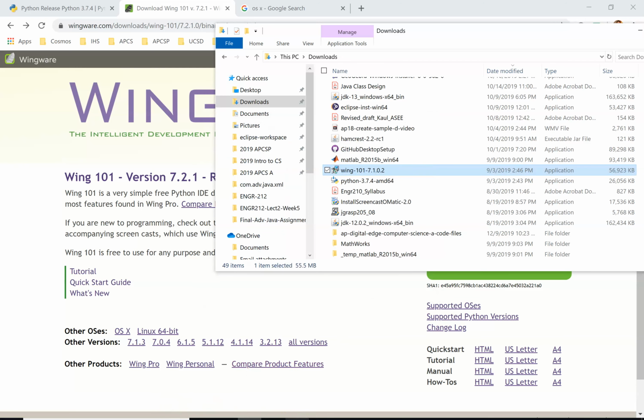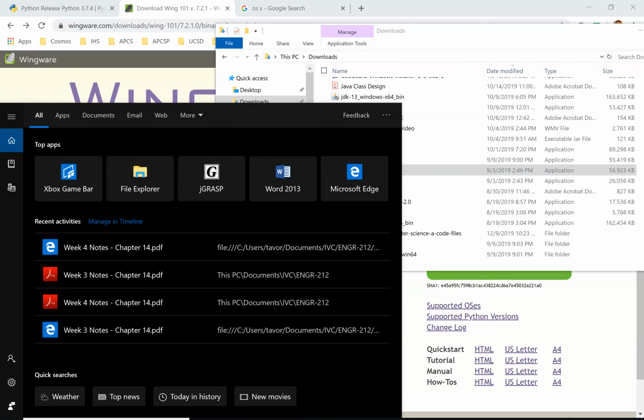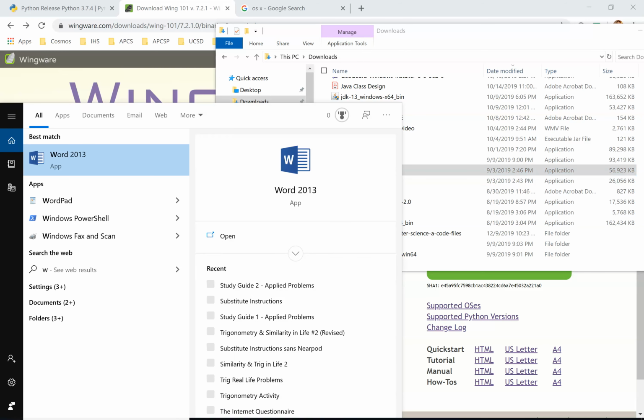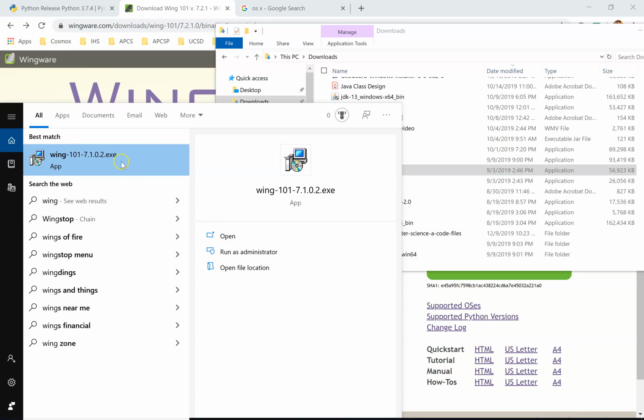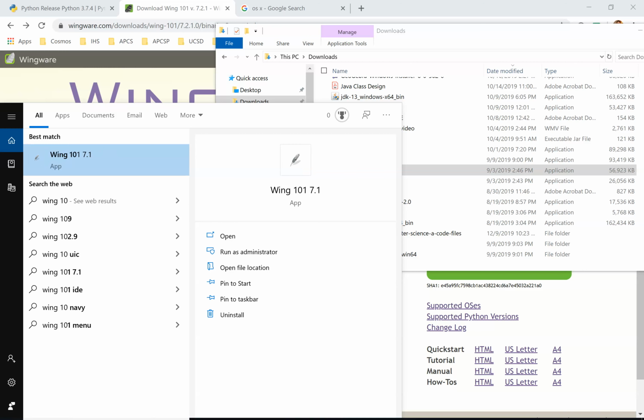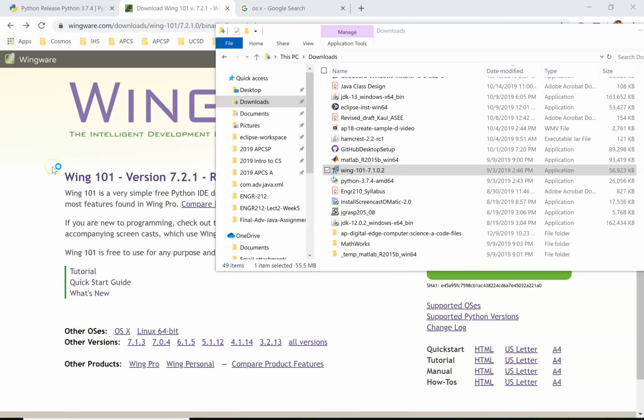Now, to be able to open Wing, in the little search box underneath, I don't know if it shows because my screen is being recorded, but I'm not sure that this little prompt shows. Look up Wing, and you don't want to click on the executable because that would go through the installation process again. You don't want to click on the exe. So I need to look a little bit further. Wing 101, and there we go. Wing 101, and it says app. That's what I'm after. So if I open that,